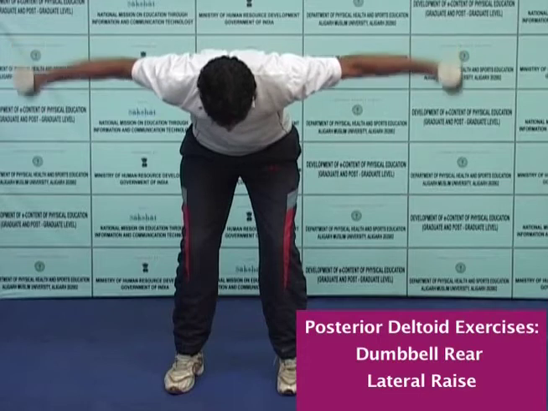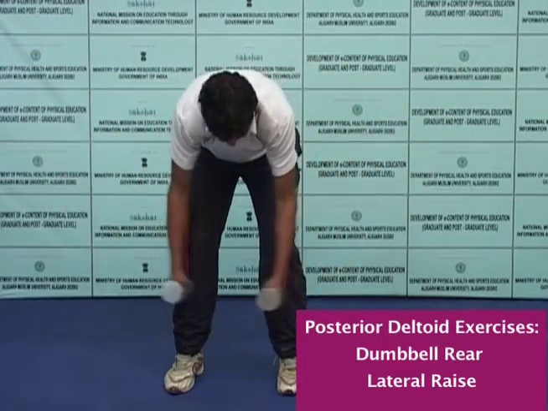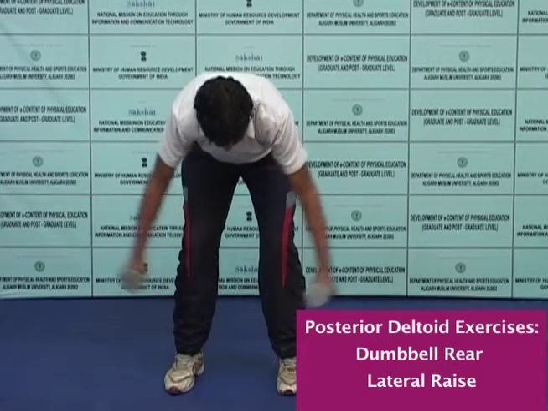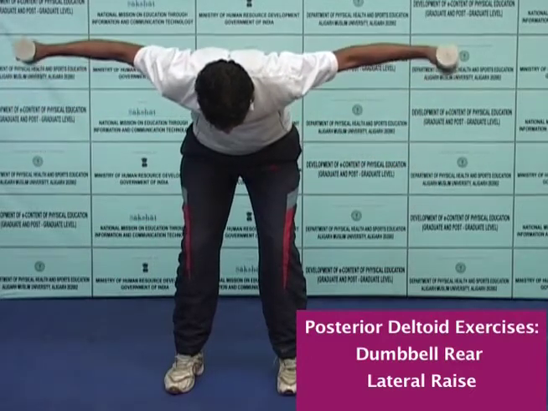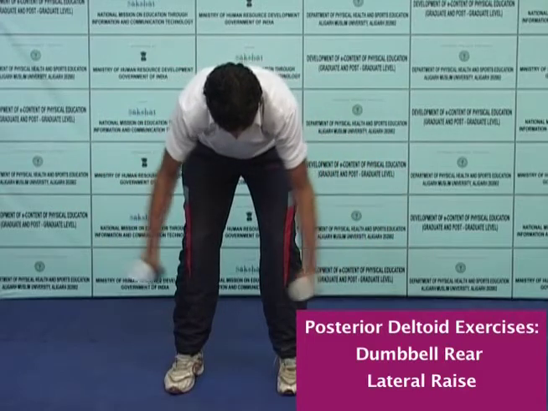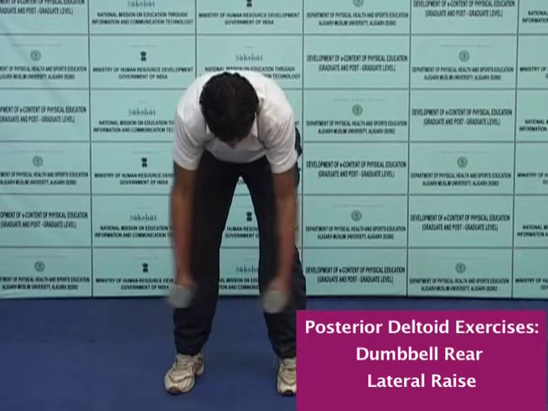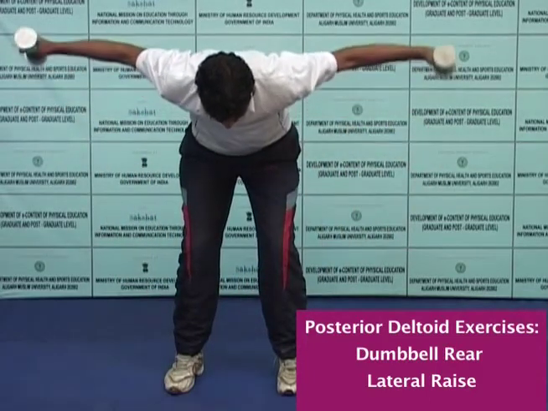Now, we are asking the subject to raise the upper arms to the sides until the elbows are at shoulder height. Maintain the upper arm perpendicular to the torso and a fixed elbow position, usually a 10 to 30 degree angle throughout the exercise. Then maintain the height of the elbow above the wrist while lifting the dumbbell up to the side. Lower the dumbbell and repeat.